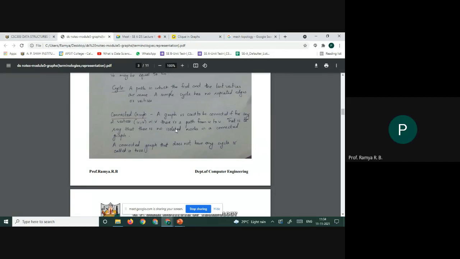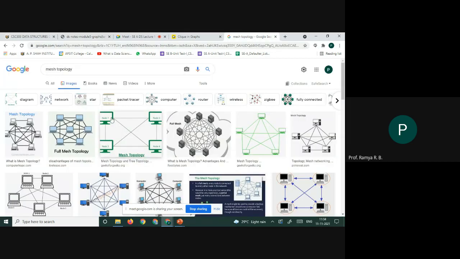In computer networks, you have a kind of topology which is called mesh topology. तो mesh topology में क्या होता है? समझो आपका नेटवर्क है और आपके लैब है. लैब में आपके 1, 2, 3, 4, 5, 6, 7 computers are there in your laboratory. If every computer is connected to all the other computers in your network, such a topology is called a mesh topology. Mesh topology means it is fully connected. Every computer in your lab is connected to every other computer in your lab. Such a topology is called a mesh topology, or a fully connected topology.